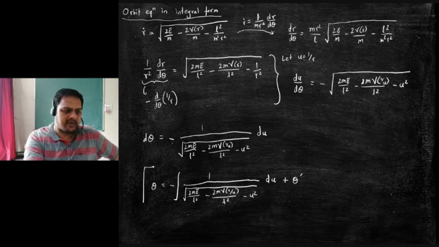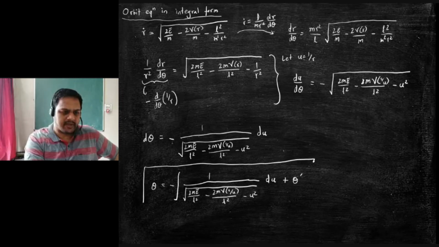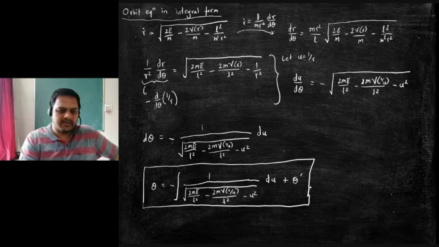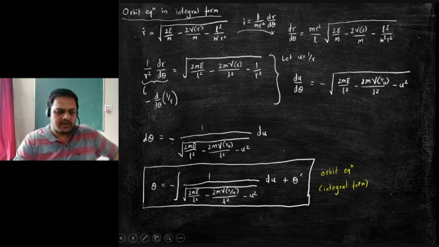Therefore, it will be of the form integral something something plus c. That plus c we are calling theta prime. This is the integral form of the orbit equation. Again, it is the same thing. This is the generic form, and once you substitute the actual form of v of r, you can obtain the